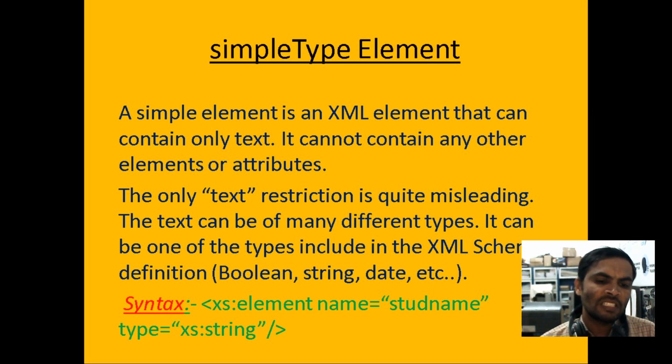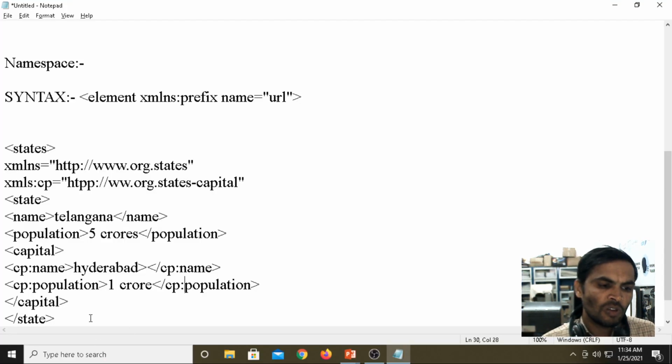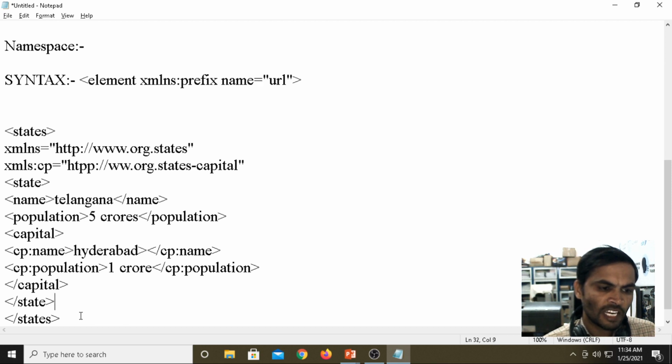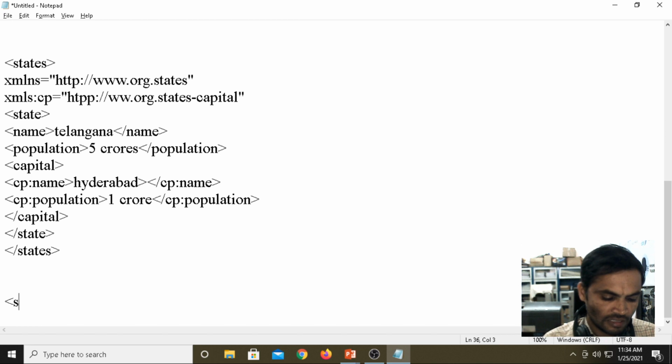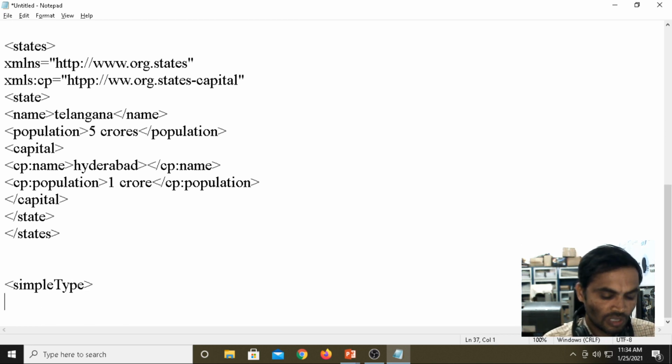If you want to write the syntax for a simple type element, XS is a prefix for your XSD element. It is case sensitive. Then XSD is the prefix.